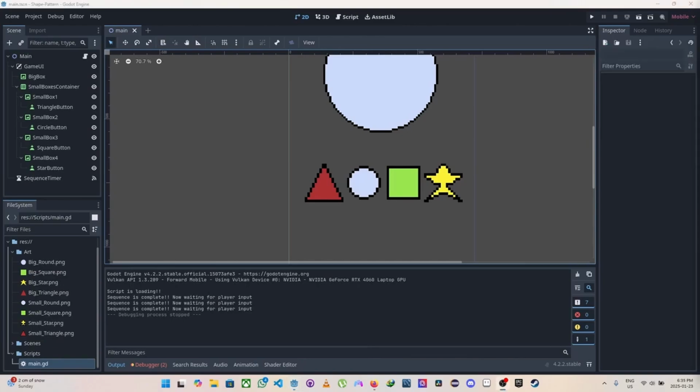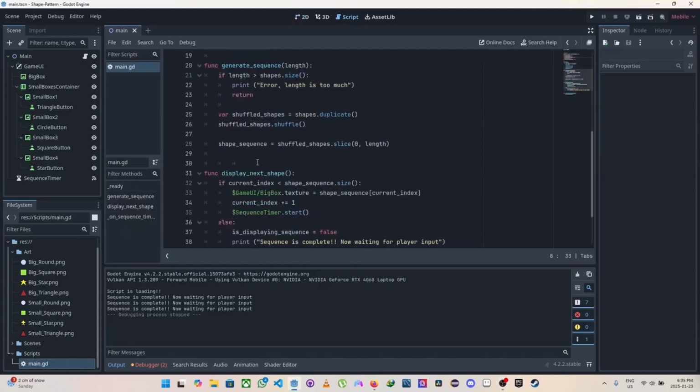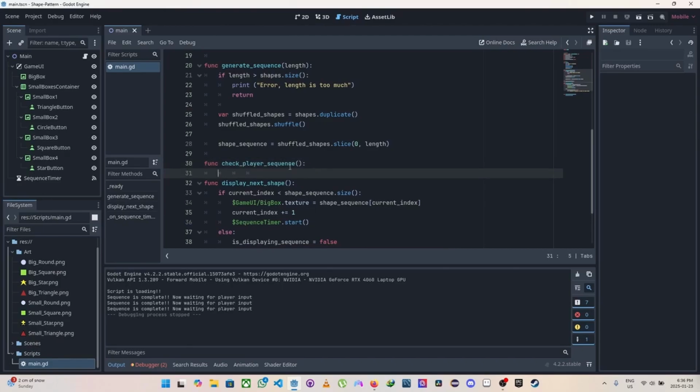Okay, so next we are going to go back to our script and play around with our player sequence. So we're going to create a function called, let's just say, check player sequence. Good. That basically says, hey, if the player sequence is equal to the shape sequence, then that means that it is correct and you should print, hey, you win, else print that you lost. So something very simple, if the player sequence